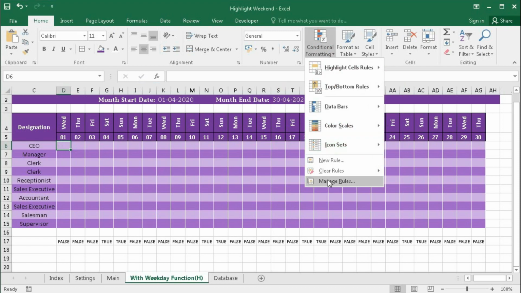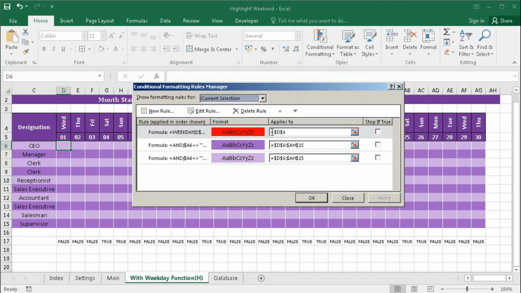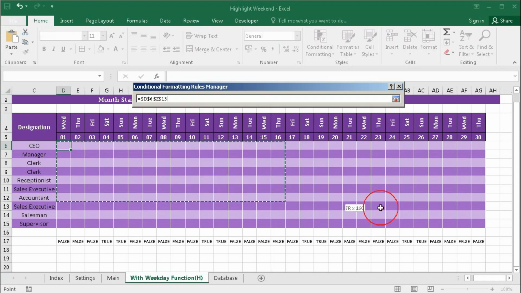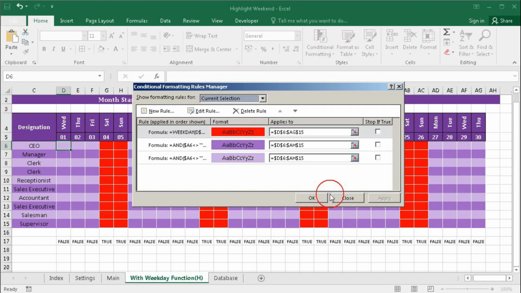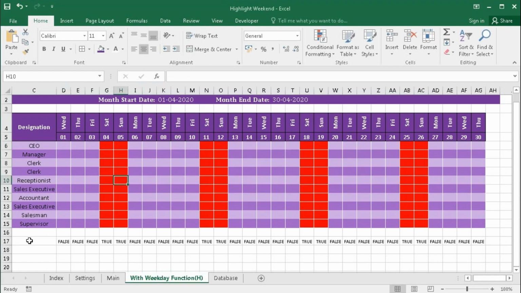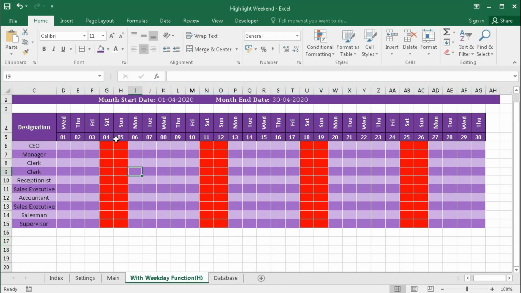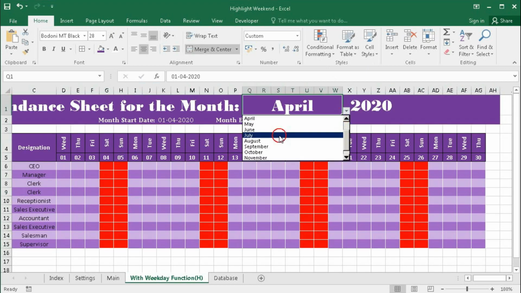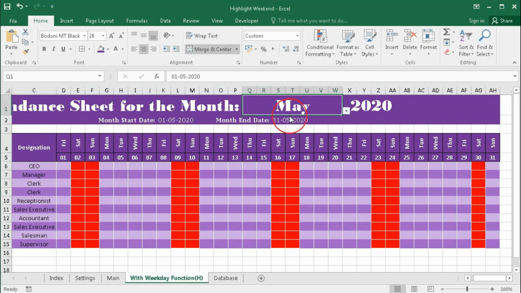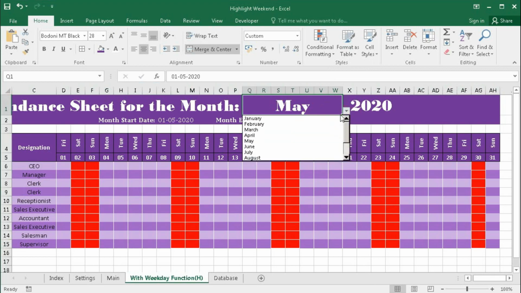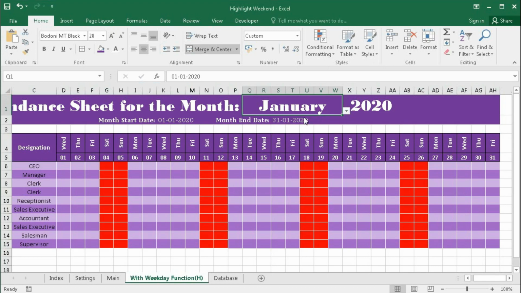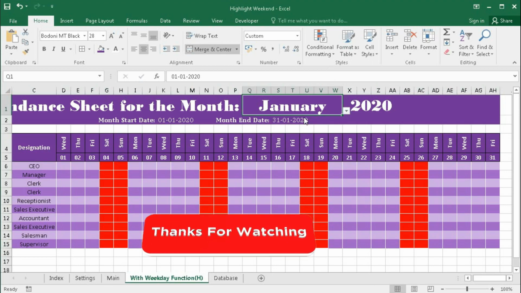So again go to manage rule, delete this one and select the range, then apply and OK. We can see now without the helper row, we got the formatting for Saturday and Sunday. If we change the month, it will also change automatically. So these are the ways to change the formatting of Saturday and Sunday with the help of weekday functions.